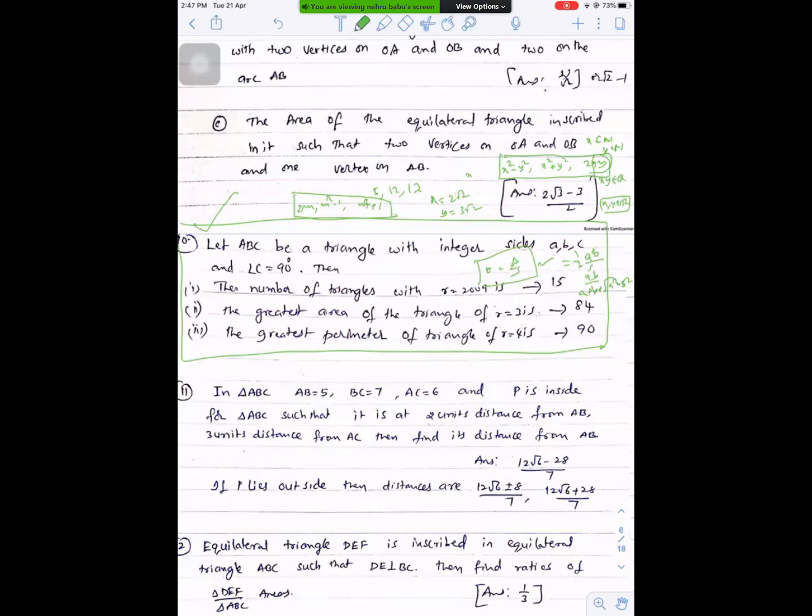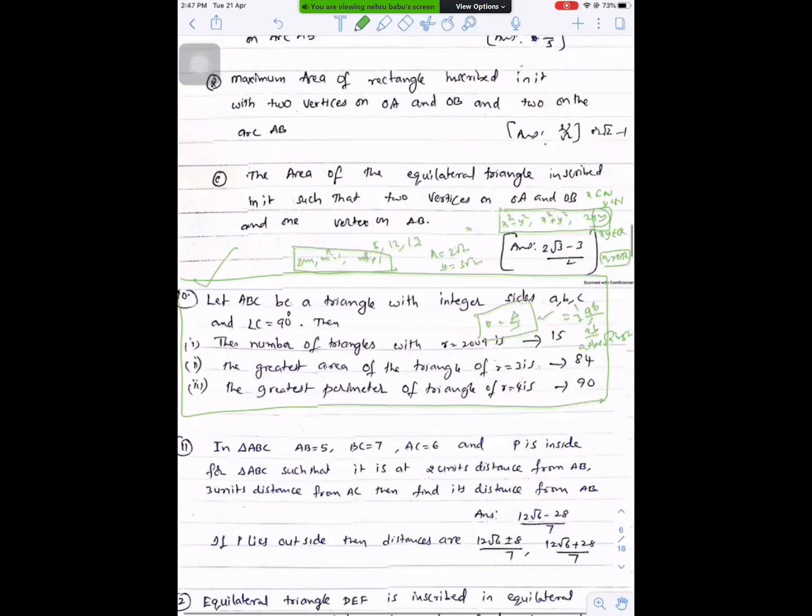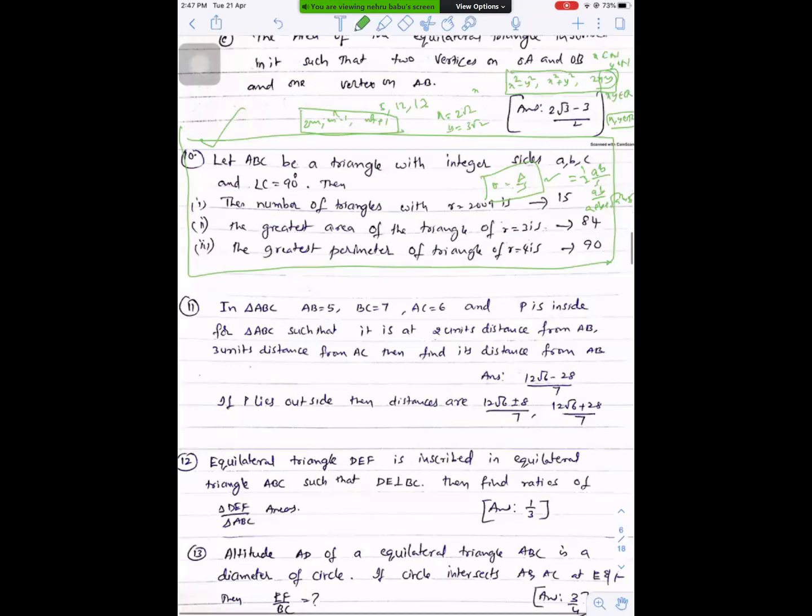Sir, what about r equals half of a plus b minus c? How do we prove that for a right angle? That is the s tan a by 2 formula. r equals s minus a tan a by 2, where A is 90 degrees. Here C is 90 degrees, so r equals s minus c tan c by 2, and tan c by 2 is tan 45 degrees. Just use that also and you'll get the answer. These are the different ways.